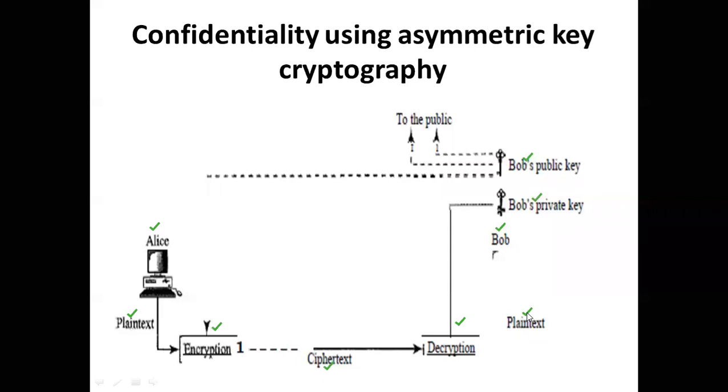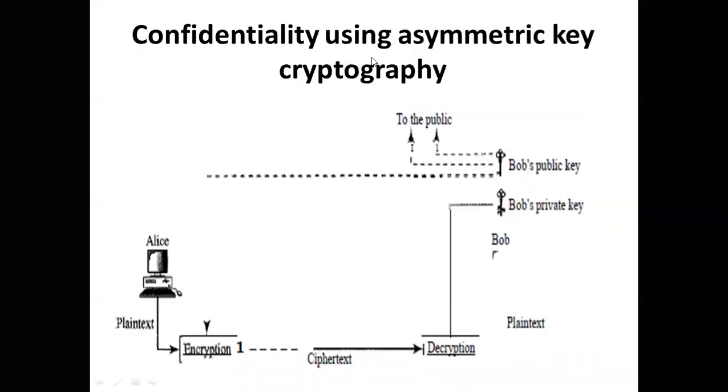Such a mechanism ensures that data is not going to be accessed by everyone on the way, because they will not know the private key. Suppose there's a hacker who wants to hack the data. He will be able to hack only if he knows the private key. In this example, only the receiver knows the private key, so only the receiver will be able to access the data. So I have now told you two ways of maintaining confidentiality: one using a symmetric key, the other using an asymmetric key.